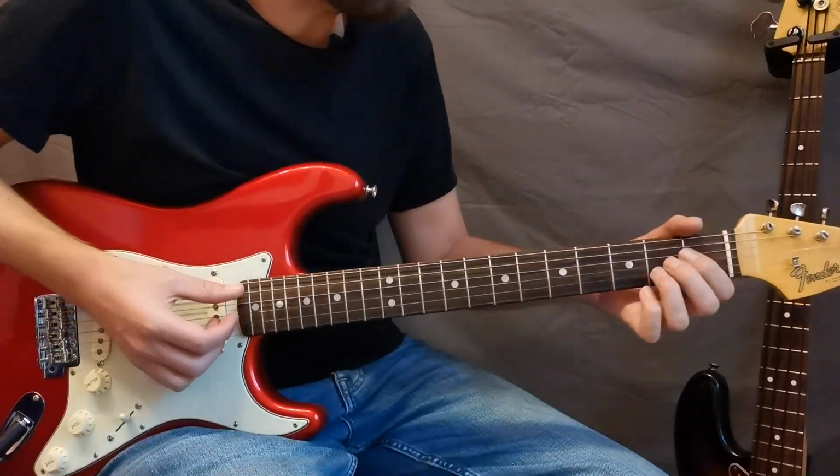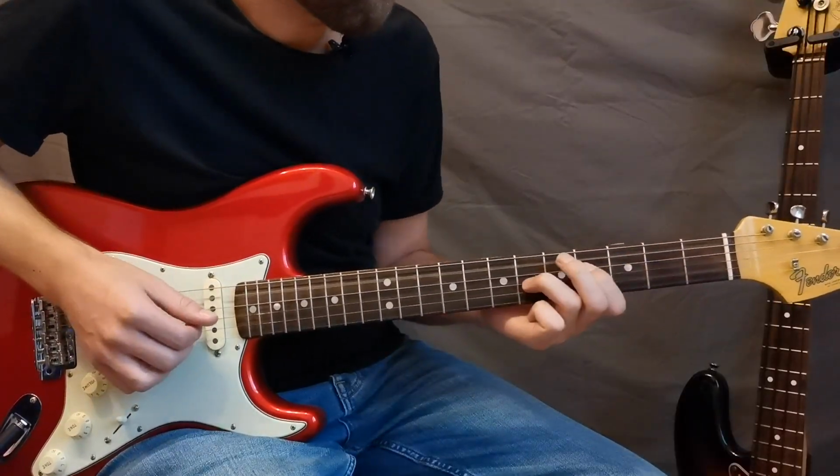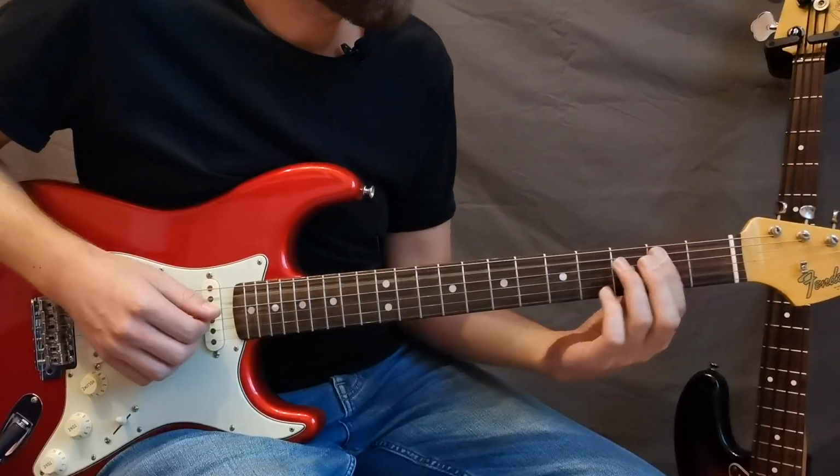Okay, on to our next chord then, which is the A. And instead of just playing like that, what we're going to do is this. So in context,